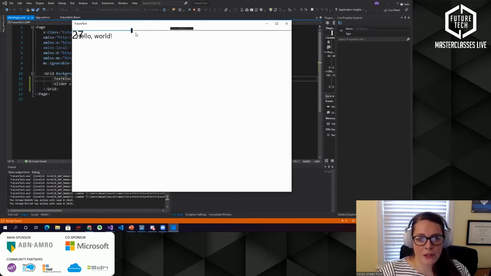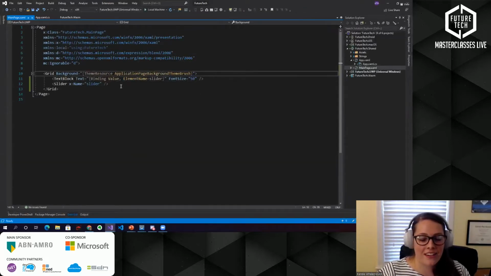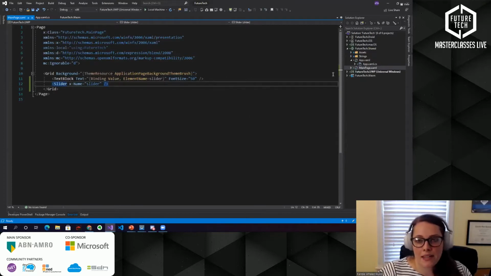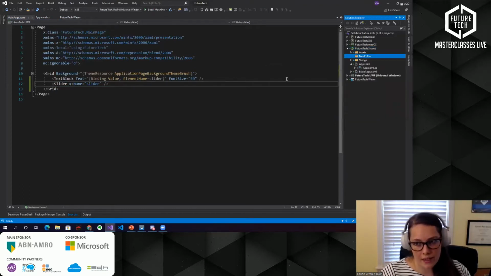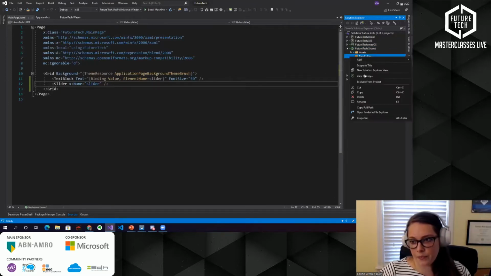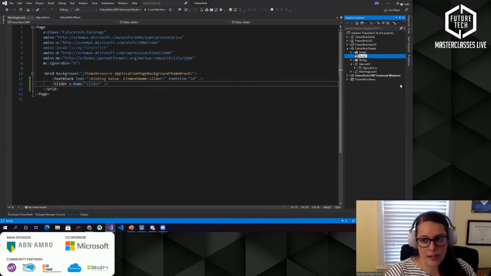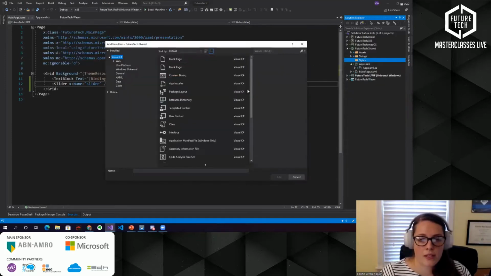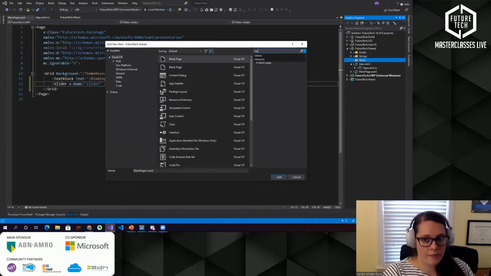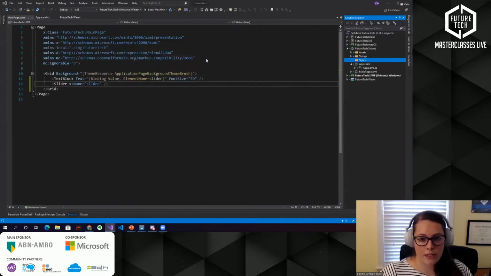Awesome. But it's also pretty ugly, and in the real world, you're not usually using just the standard default style. So we're going to add some styles into this. The first thing you're going to do is right-click on your shared project and add a new folder. We're only adding a single item into this folder, but for sake of practice, we will add a folder. All right, we're going to call this styles. Then right-click, add new item. To add styles, we're going to add a resource dictionary, which of course is pretty self-explanatory.